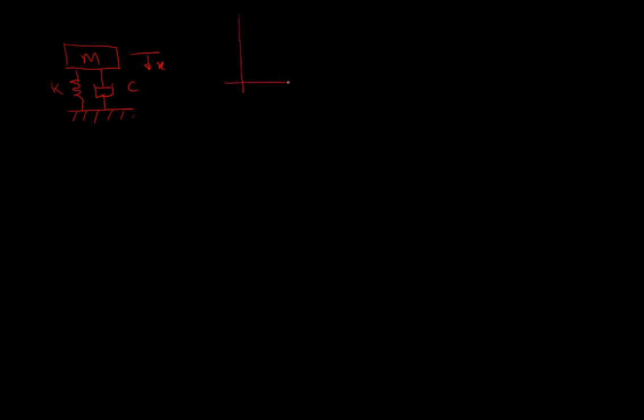So if I look at my spring force with respect to x, this is going to generate a spring force. So I will plot the spring force versus x, and I will observe it will be somewhat straight. Then the slope of this curve is k, and that is what we call stiffness. This is linear, because the behavior of this particular spring is linear. Sometimes it may happen that my spring force varies in this fashion.